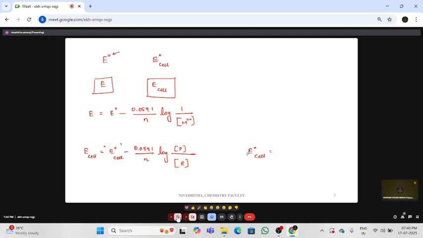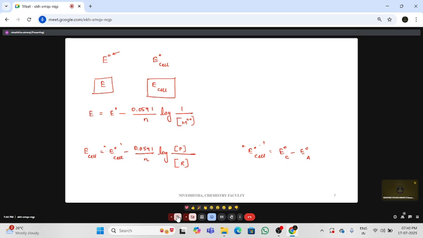Formula to calculate E naught cell. This also we have discussed under physical significance of electrode potential. E naught cathode minus E naught anode. Fine. And also from the sign of E naught cell, we can predict whether the given reaction is a feasible